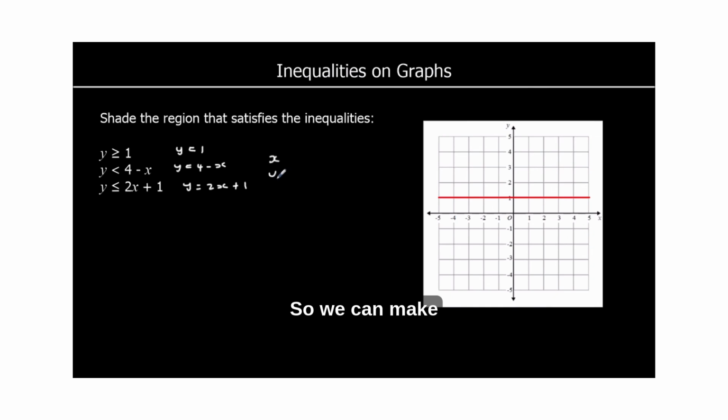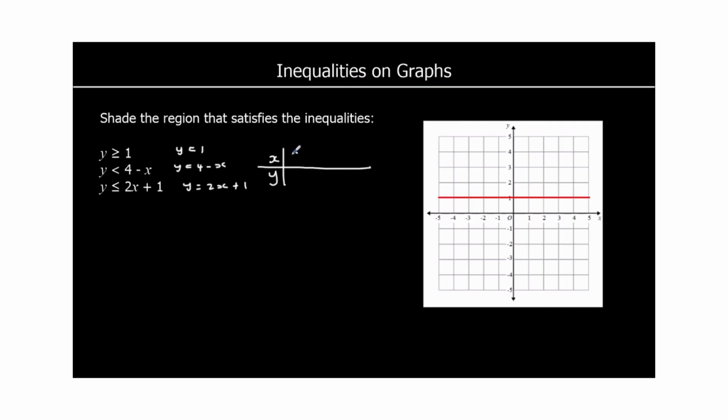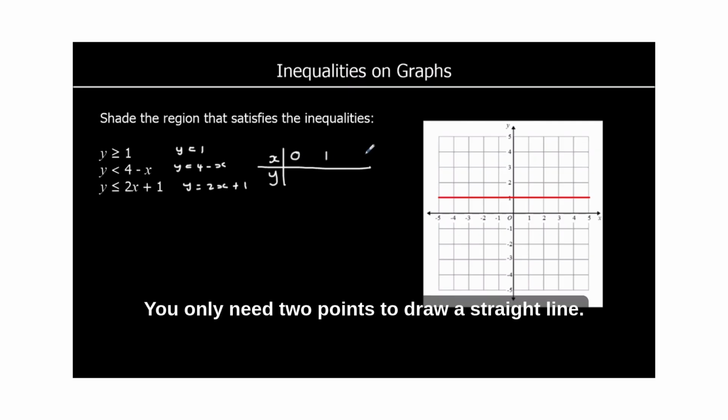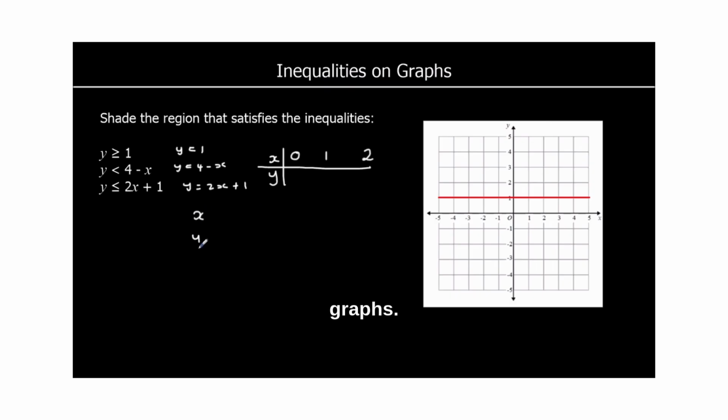So we can make a little table, and then we can pick any coordinates. We're going to do 3. You only need 2 points to draw a straight line, but if you do 3 and they all line up, you know you've done it correctly. So let's do this for both of these